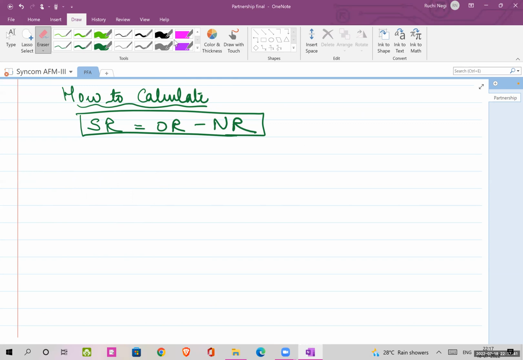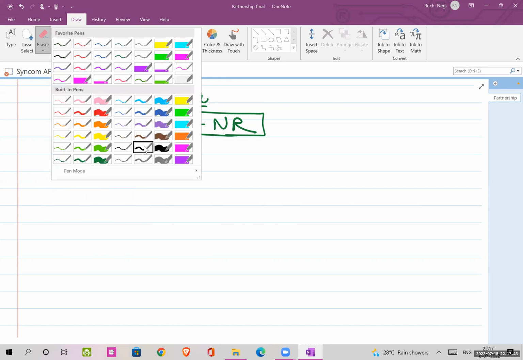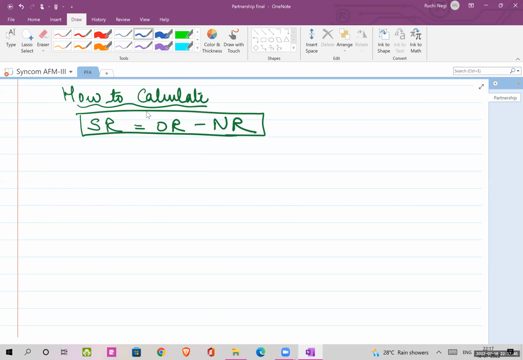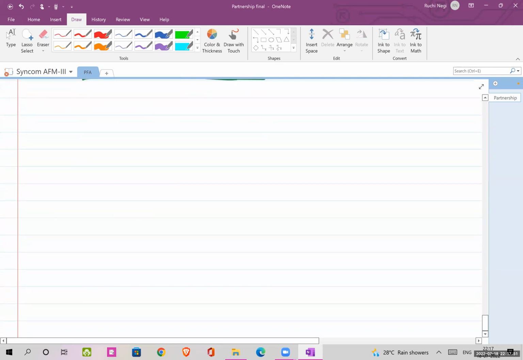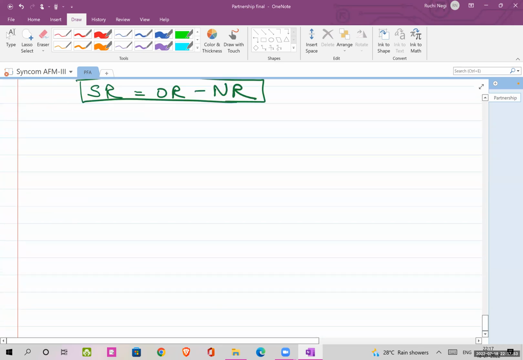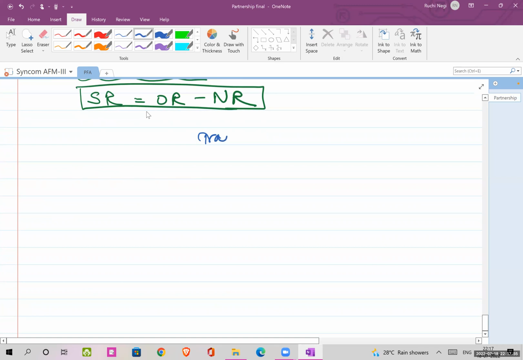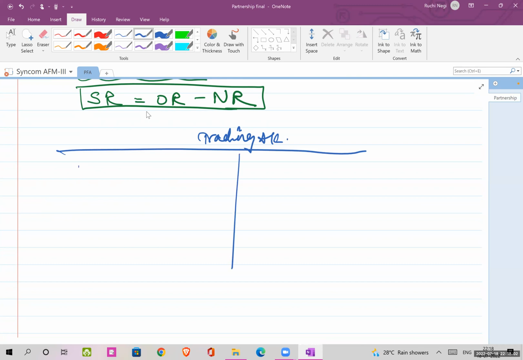Okay, so what will happen in this? I'll just show you how your accounts will be prepared, or how your ledgers will be prepared. Okay, so just try and understand. See, if I'm making a trading account, I'll just show you a rough figure. What do you mean by that pre and post? Okay, if we are making this trading account, then opening stock comes on the debit side,